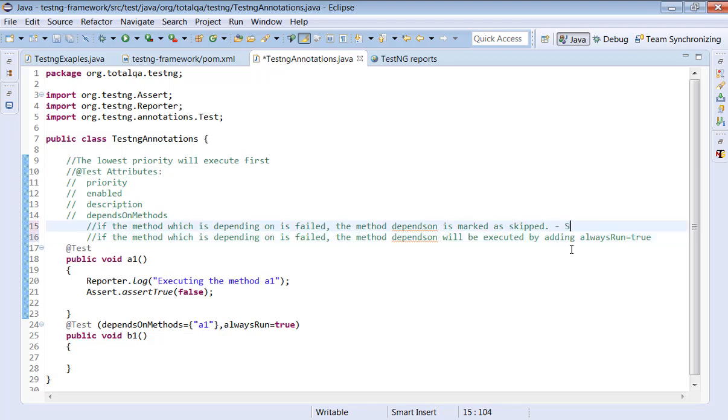This we call a soft dependency. The earlier case, because it is failed and skipped, we call a hard dependency.